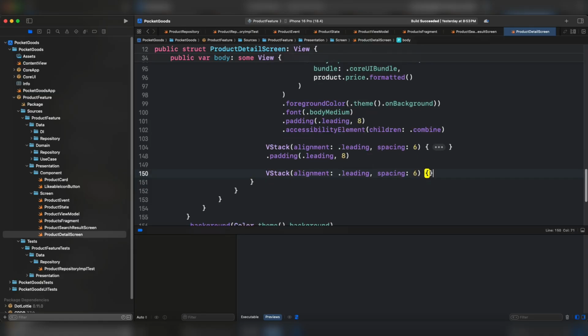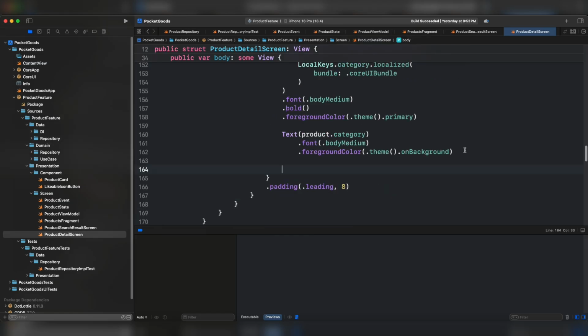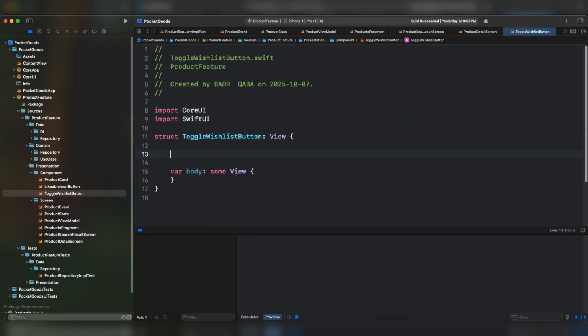Add another VStack and another padding. The first element is the label category. Underneath, we're going to put the product.category. The third element, which is basically the toggle wishlist button, has to be a reusable component. We have to hoist the method on toggle wishlist as well as the state containing whether the product is in